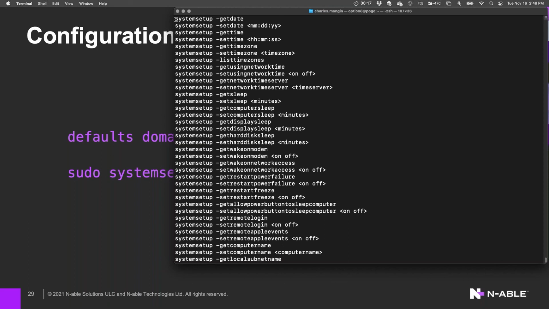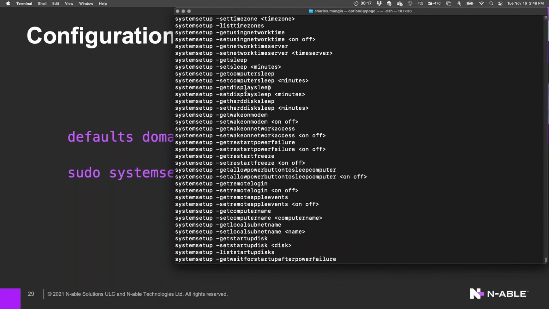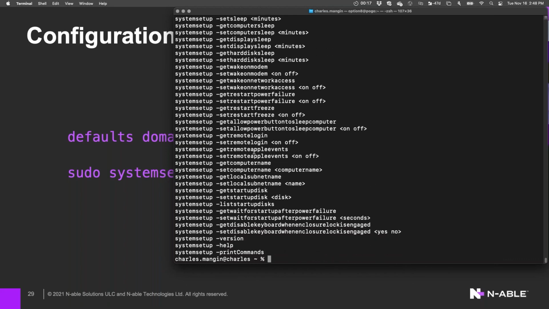But in this case, you'll get things like getting and setting the date and time, whether or not the machine is allowed to go to sleep and how often, whether or not you can log in to the machine remotely, a variety of things that are related to the hardware control and security, physical security for the system itself.